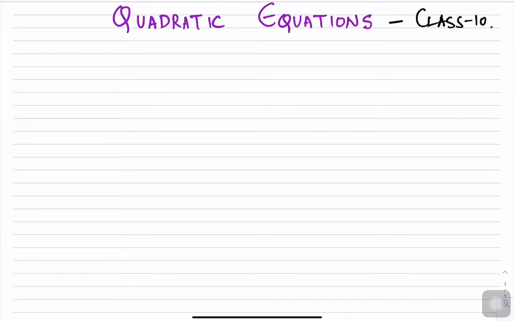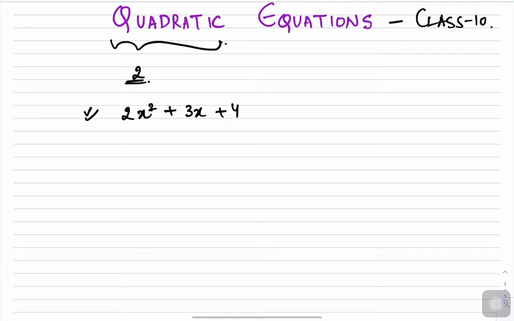Correct? Now, first of all, we'll understand what quadratic means. Quadratic in mathematics means two. Two what? Where we have any expression whose highest power is 2. That means if I write, suppose, an equation 2x square plus 3x plus 4, it's an expression where the highest power or degree